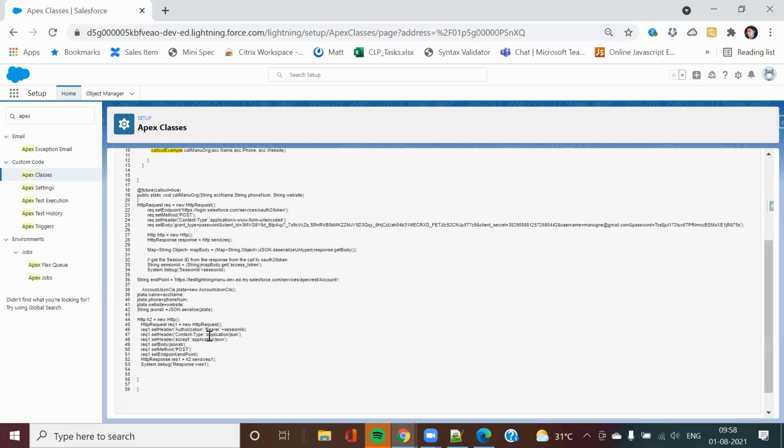So in that case, you need to split the transaction. So in that case also you need to make use of future. There, your contact will get updated in one transaction. Based upon that, in case you need to update some field in the user object, that will happen in a separate transaction. This you can check on the internet also. In any link you can check mixed DML operations.